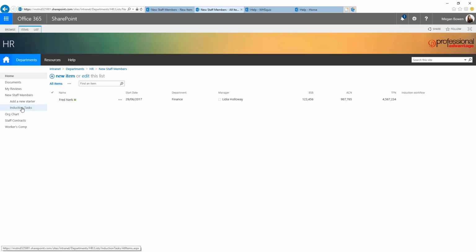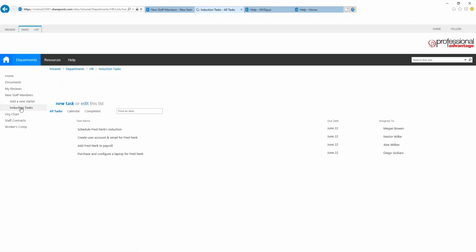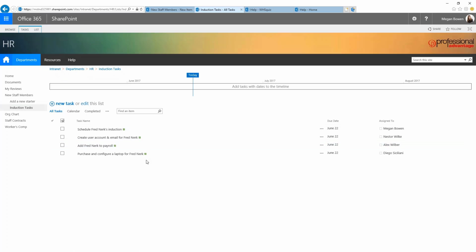So let's take a look at what that workflow has done. Over here in the inductions task list, we can see the tasks that have just been generated from that workflow. They've been assigned to people, and you can see they've been backdated a week before the person starts, so we've got a bit of buffer time there. Lists like this give a great overview of where things are up to and what's left to do. This list can be filtered and reported on as needed, allowing the organisation to benchmark the ideal turnaround times for